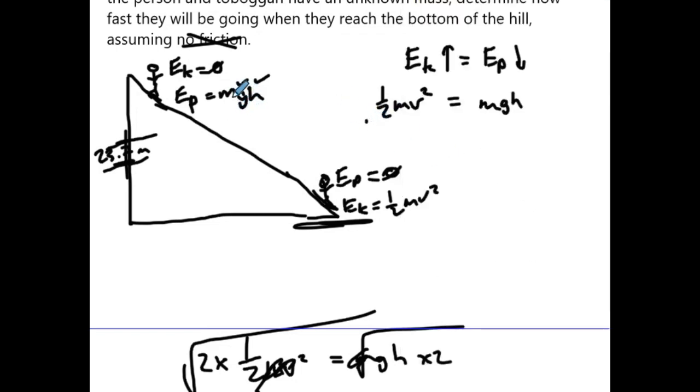You don't really need to solve for the potential energy first, because you can't. You don't even know what the mass is. And since you don't know what this mass here is, you really can't solve for potential or kinetic energy in either way, and yet you can still use the principle of conservation of energy to